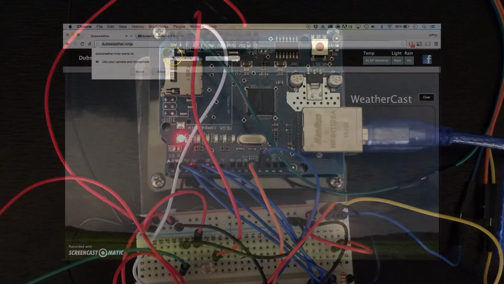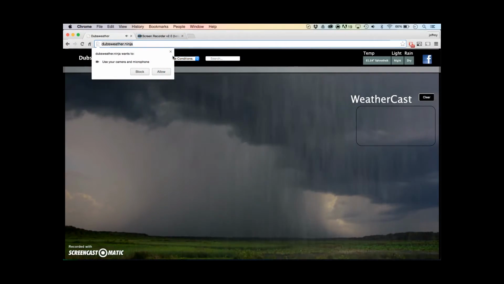Hey guys, this is Jeffrey Mendez and John Dinsmore's weather application project using Arduino, PHP, MySQL, and Ajax to create a weather station that can be placed anywhere with the Arduino. And we are using WebRTC to make an active socket channel so we can display video back as a forecaster